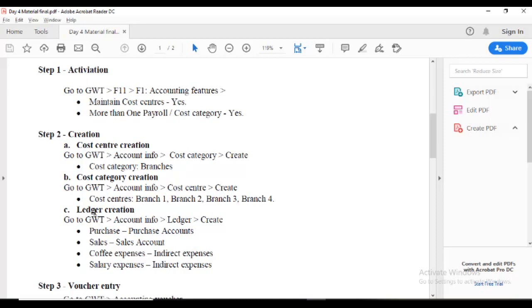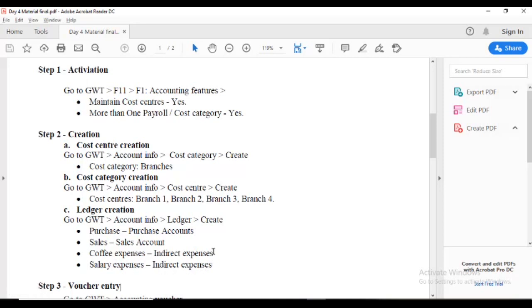And the third step is ledger creation. We have the transaction containing 4 ledgers. Purchase under group purchase account, sales under group sales account, coffee expenses under group indirect expenses, salary expenses is also indirect expenses.